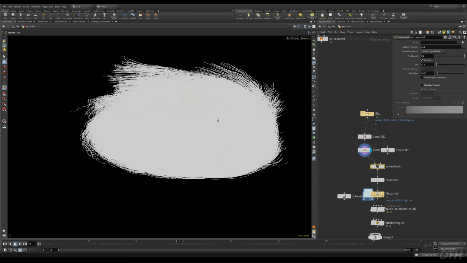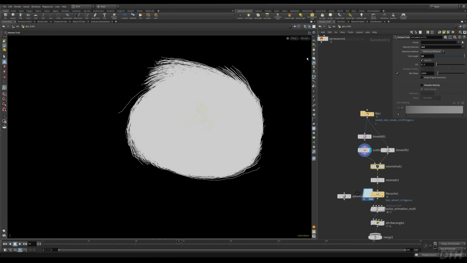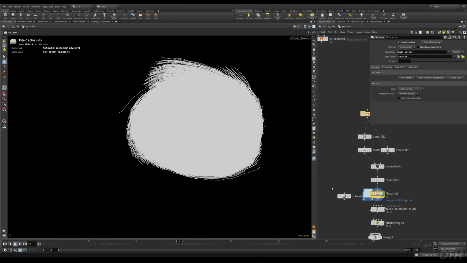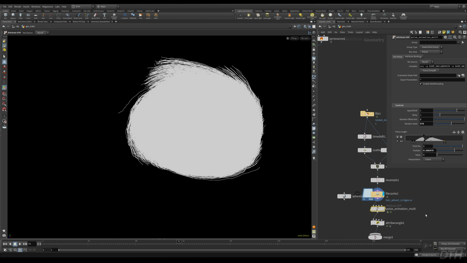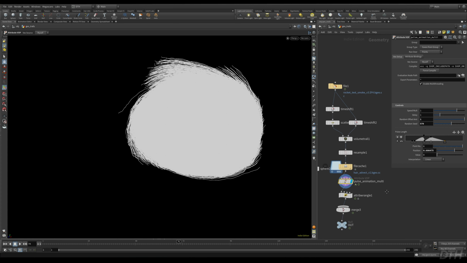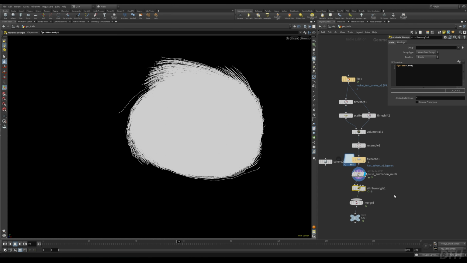So this is a useful method for actually debugging the velocity of your volumes, but it can also create these cool looking abstract lines. And so what I did was just throw on that pulse animation setup that we had created in part 1. And for this one, instead of sweeping the curves, I create a width attribute. And so at render time, the geometry will be created very similar to Mantra. So these will just be rendered as lines with a